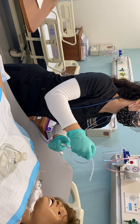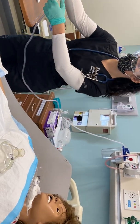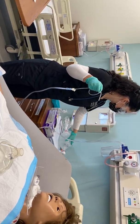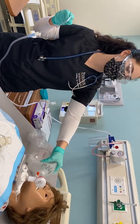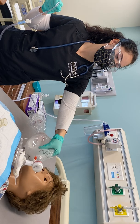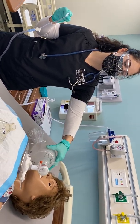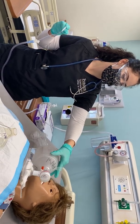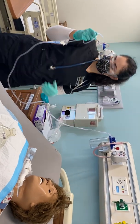Now I'm just going to, okay, you know what, before I do that, suction, okay. I'm just going to use an ambu bag on you to give you some more oxygen since we have removed the last one. About 3 to 6 breaths, take a deep breath. We would go a little slower than this in a real situation. Okay. Okay, now that we've done that,